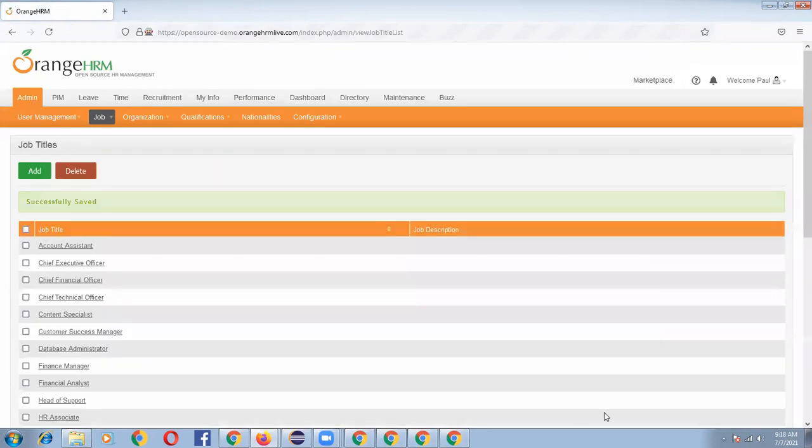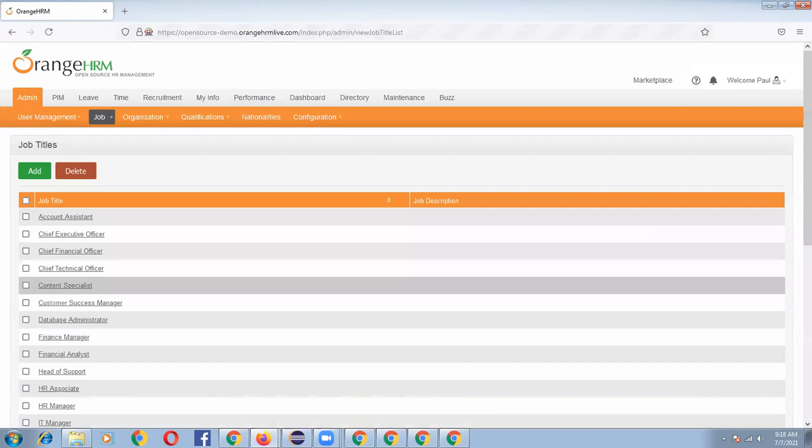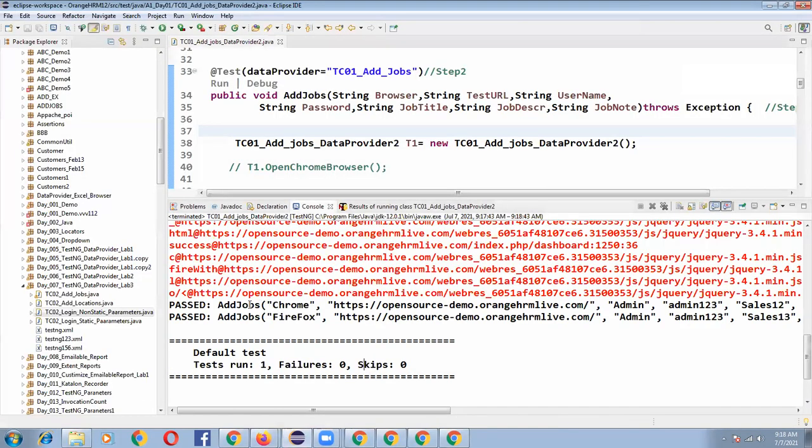So like that, your program got executed on the required browsers. See, the first iteration was successfully executed on Chrome browser, and the second iteration was successfully executed on Firefox browser.